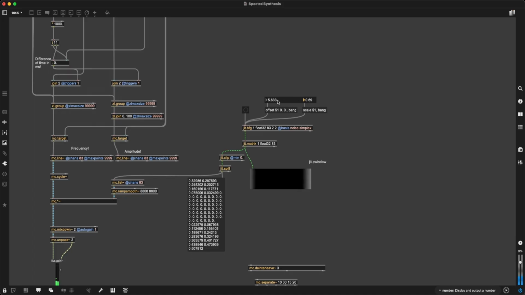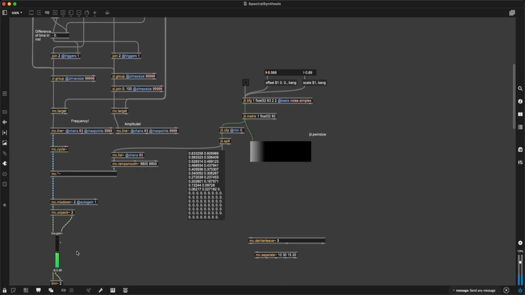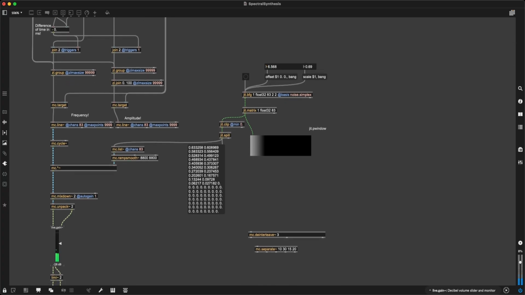Today we are going to look at how to do spectral synthesis in Max MSP. In this patch I'm using a spectral analysis of a singing bowl. This is a gong-like sound that contains both clashing and harmonious tones coming together. I'm using this analysis in my patch not only to recreate and resynthesize the sound itself, which I do through